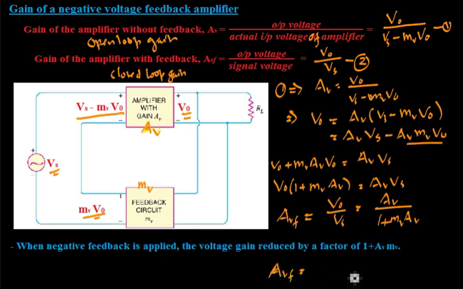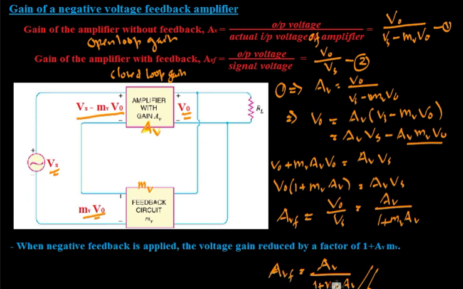AVF is given in terms of the open loop gain as AVF is equal to AV divided by 1 plus MVAV. So this equation tells that when negative feedback is applied, the voltage gain is reduced by a factor of